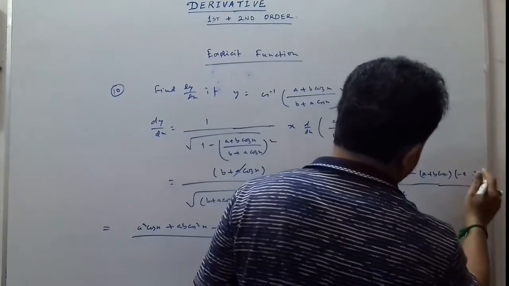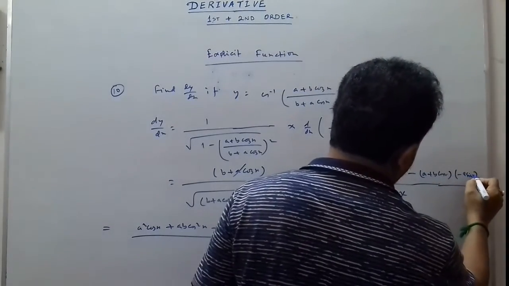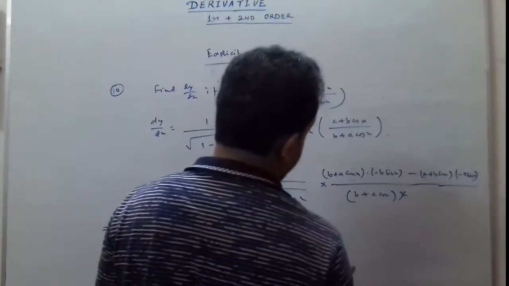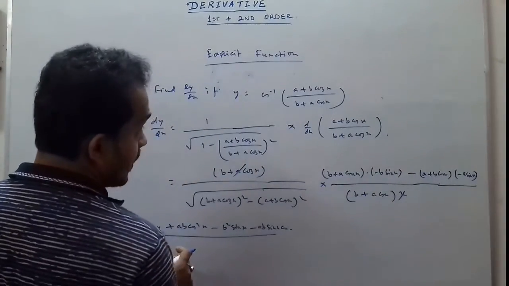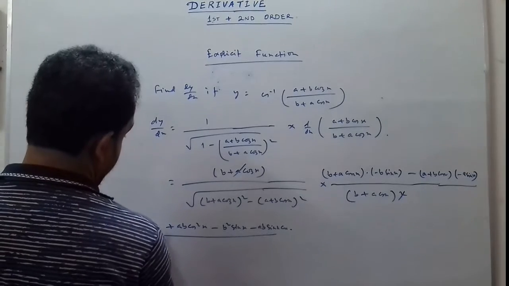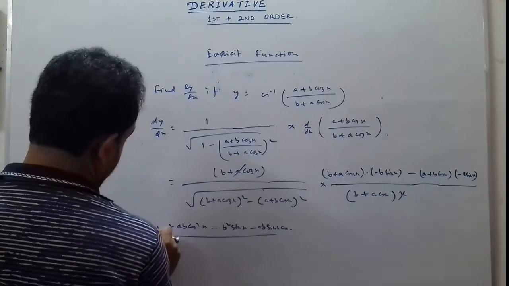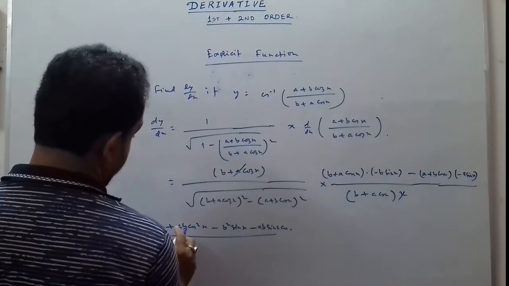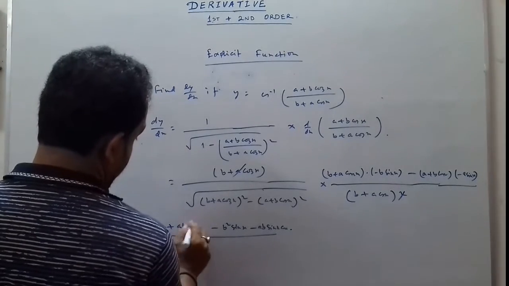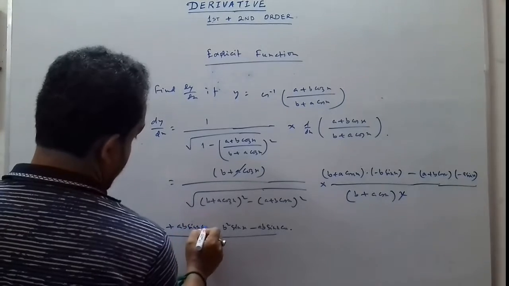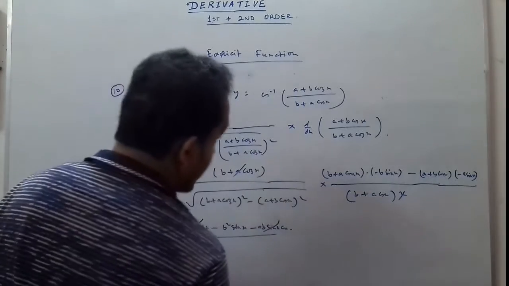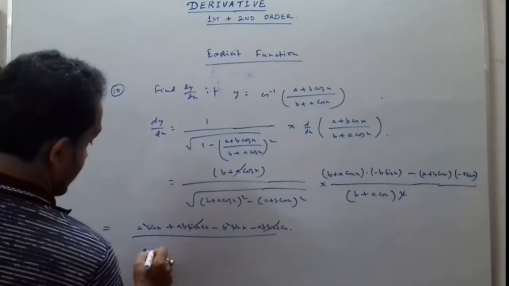Okay, so this one is equal to a sin x, so minus a square sin x. This part is actually a square sin x, and this one is equal to ab sin x cos x. So this one cancels, and in the denominator we find that b plus